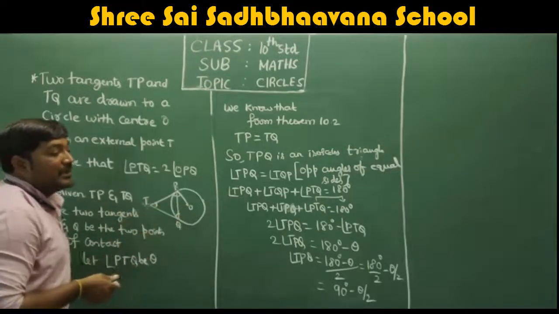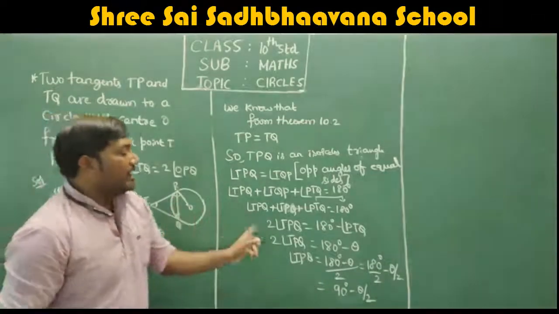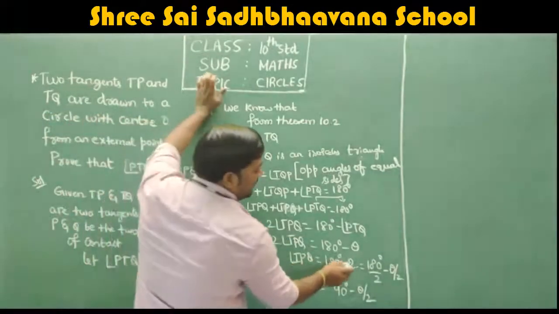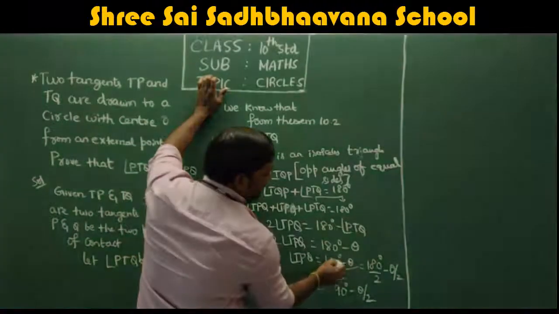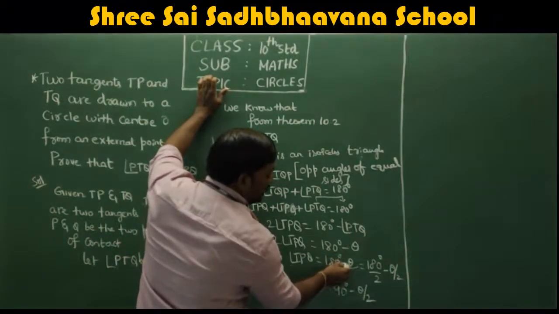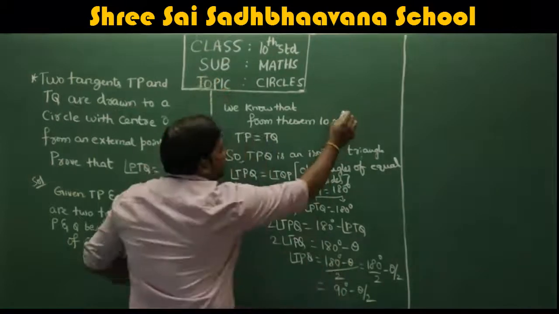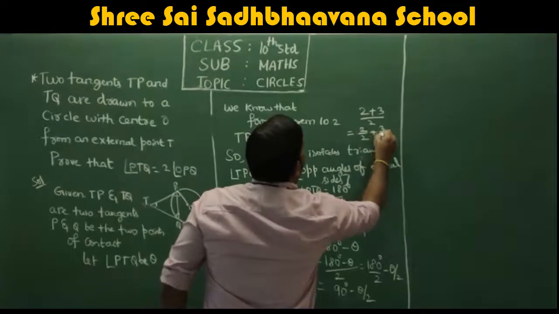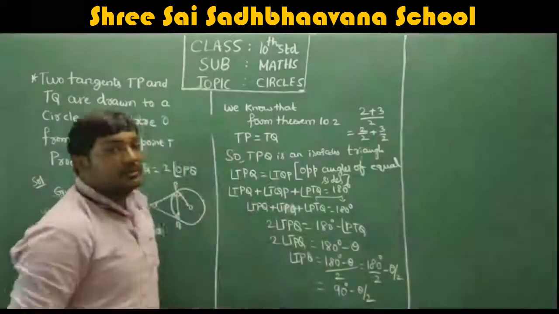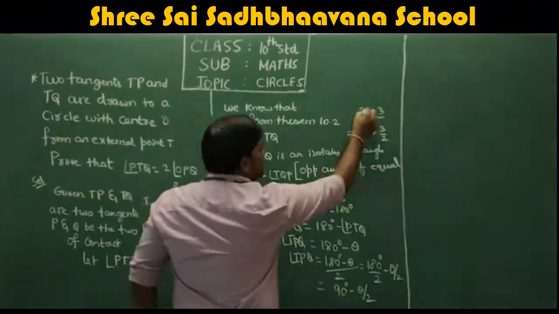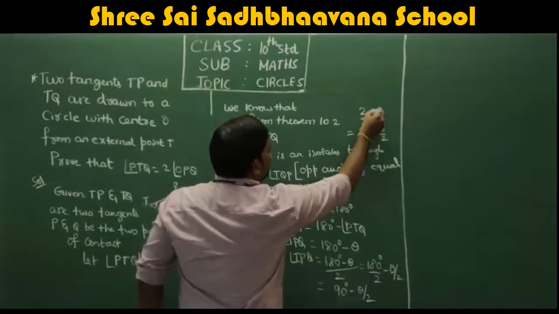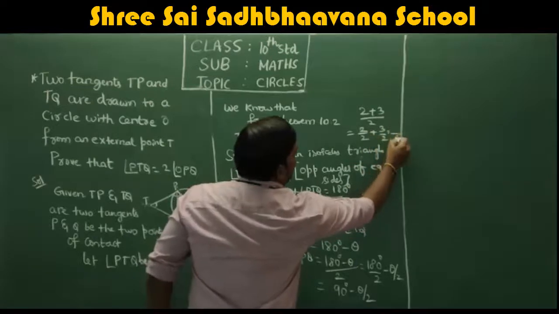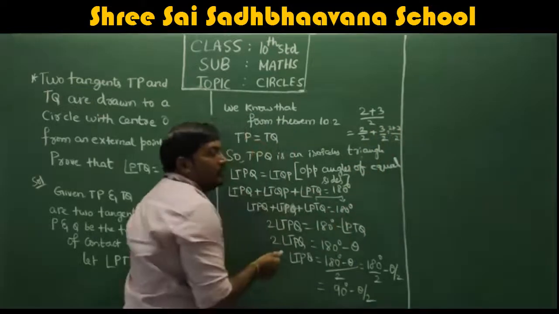This 2 which is multiplying on the LHS will divide, so 180 minus theta, all divided by 2. This 2 divides both the terms. So can I write this as 180 by 2 minus theta by 2? Just like 2 plus 3 by 2 is the same as 2 by 2 plus 3 by 2. Because of this denominator, we are just separating the terms. Which is the same as, if you take the LCM, 2 will be the LCM, and you write 2 plus 3, the same thing you get back.